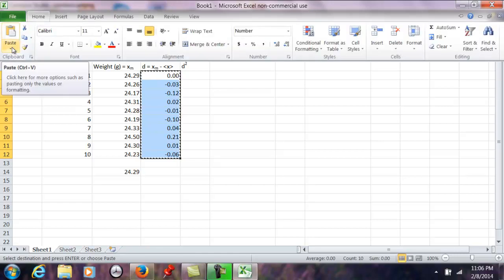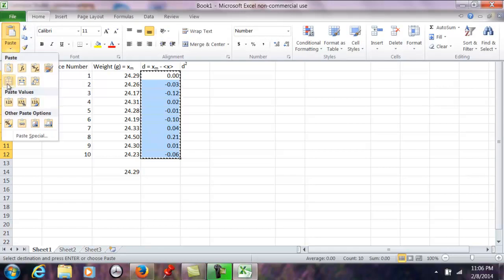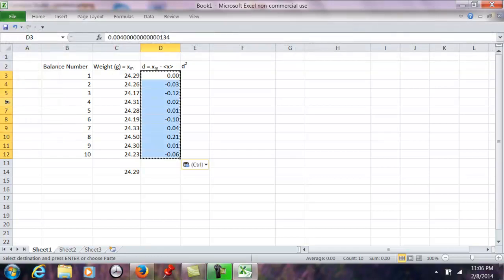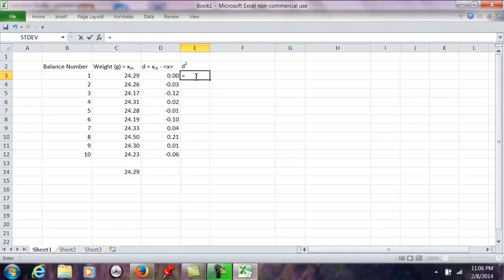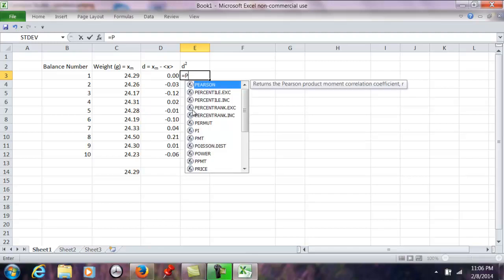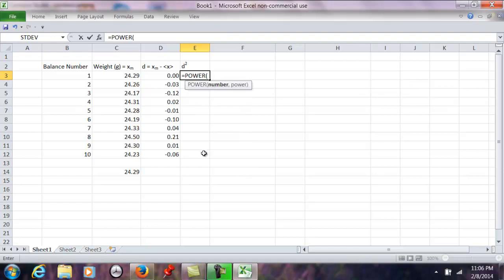So if we go to Paste, and we want to just click on here where it's just values. Okay. So now if we click on the numbers, they're just numbers, they're not formulas anymore. Okay, now when we go to square it, it should work and give us the right numbers. So we hit capital P, we go down to power, double click, we enter the number we want to raise to a power, which in this case is 0, comma, we want to raise it to the power 2, close brackets,